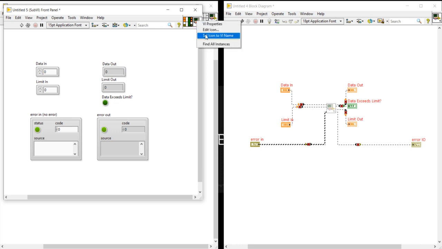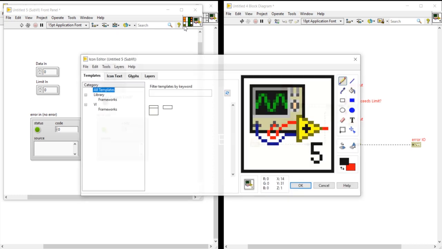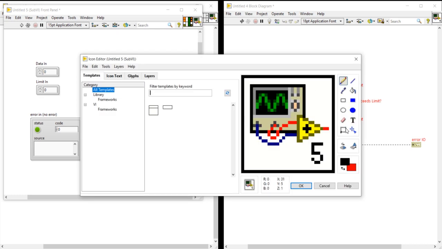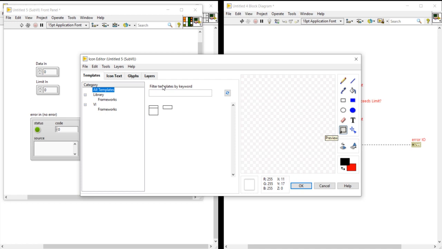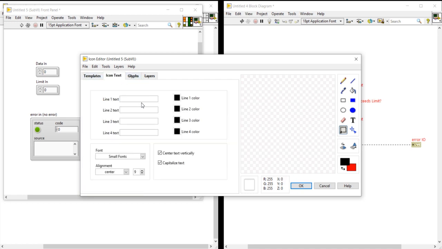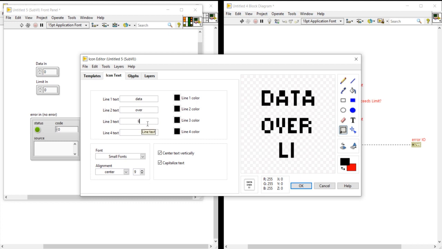Now right click here, come into the edit icon, select all, delete, come into the icon text, write here data over limit.